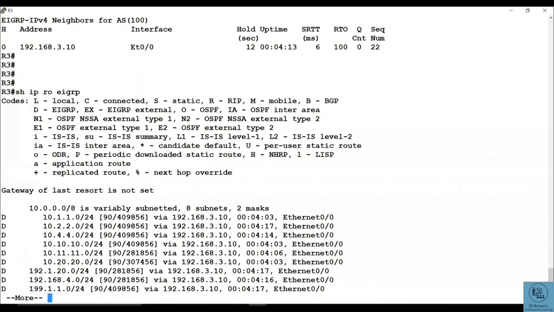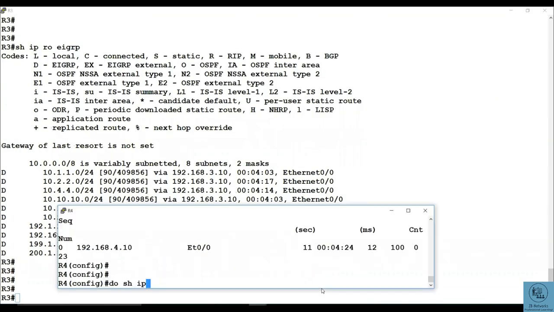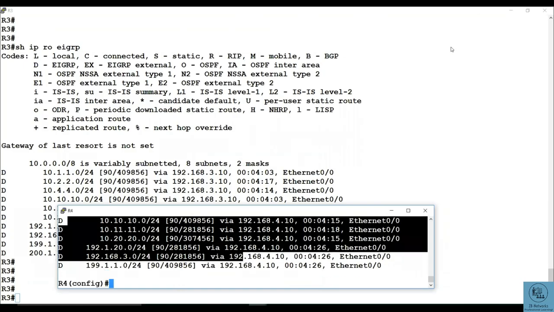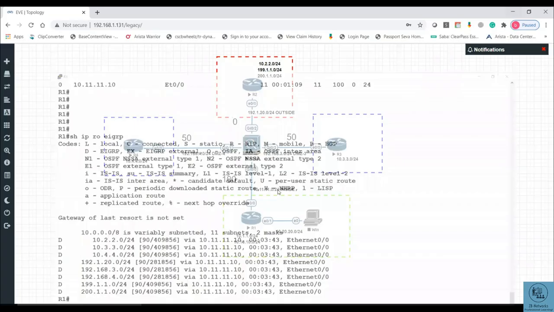And last but not the least, with R4, do show neighbors, neighborship is there, do show IP route EIGRP, you have all the EIGRP routes. And same thing, the pings cannot happen from inside to outside or from DMZ to outside, because you know the concept why, but you can send HTTPS traffic, basically TCP UDP traffic from high security to low security, and that